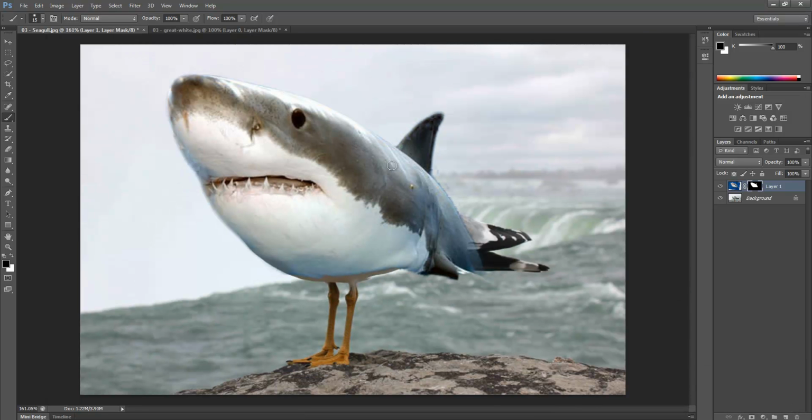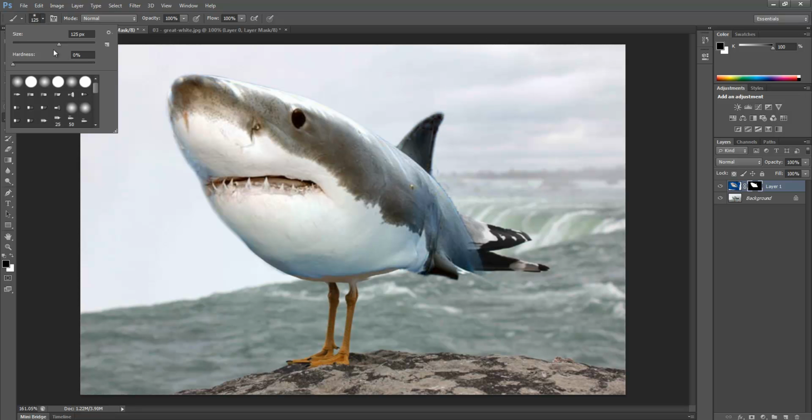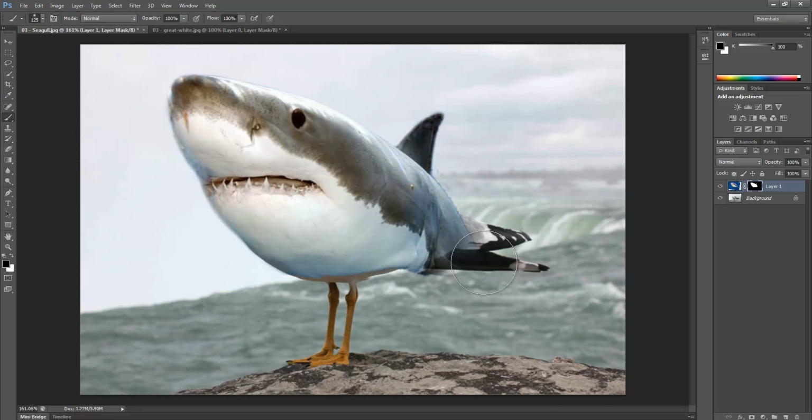So I just spent a little bit of time cleaning up the edges, just using my mask technique. Now here's how I'm going to blend this really well. I'm going to use a large brush. I'm using the bracket, a soft brush, shift bracket, or I could adjust my sliders right here. And so now I'm going to get rid of it. Let me make sure I have a softer brush and a bigger edge. And so now I'm sort of getting rid of it. That's too much on the